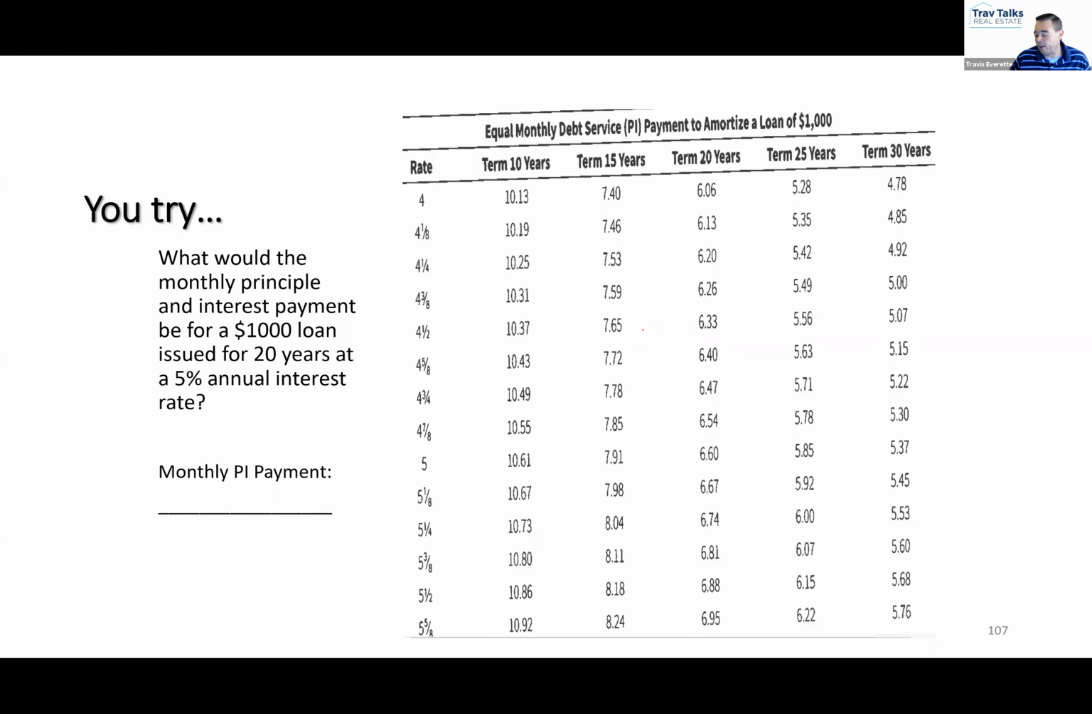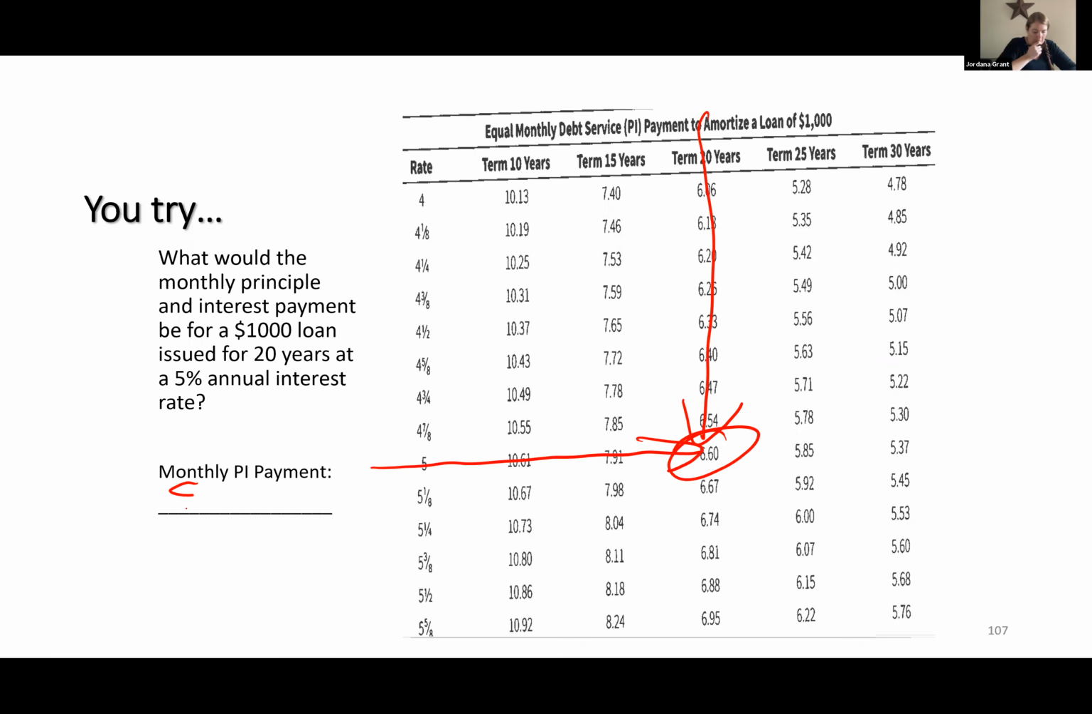I want to know the monthly payment for a $1,000 loan, 20 years, 5% interest. $6.60. Does that look right for everybody? Yes. Really, all you're doing is going here and here, and that's where they intersect, right? Yes. So that monthly payment is